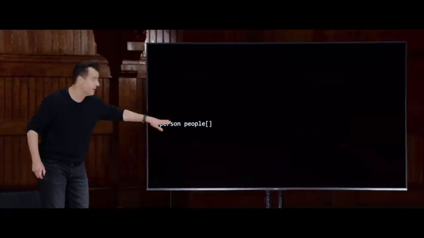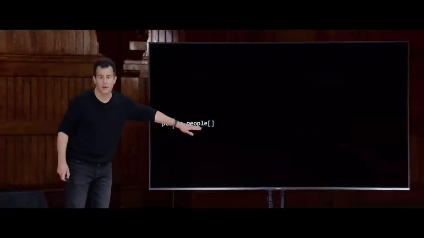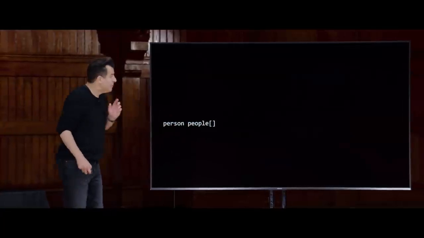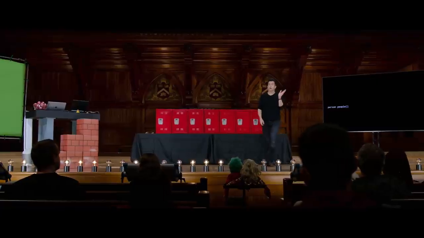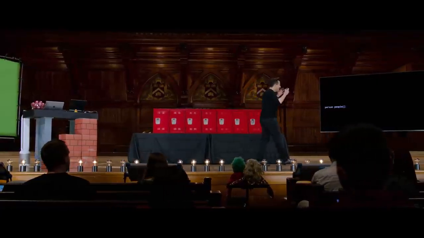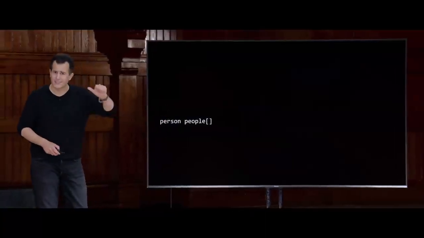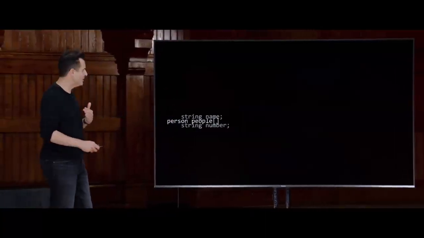So instead of string, instead of int, I'm saying person. And in English, I'm pluralizing the name of the array as obviously people instead. But that doesn't exist with C. Like, there are no student data types. There are no people data types. There are no professor data types. Any of these things that you might imagine in the real world don't come with C. All you get are strings and ints and floats and those lower level features.